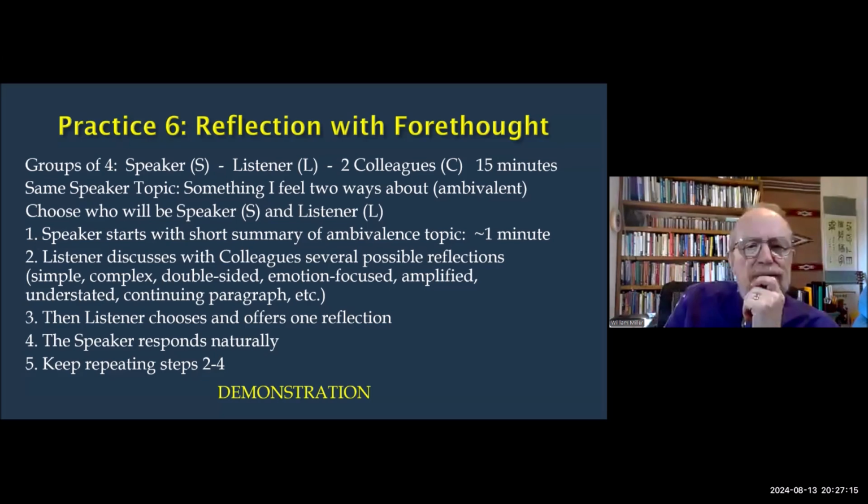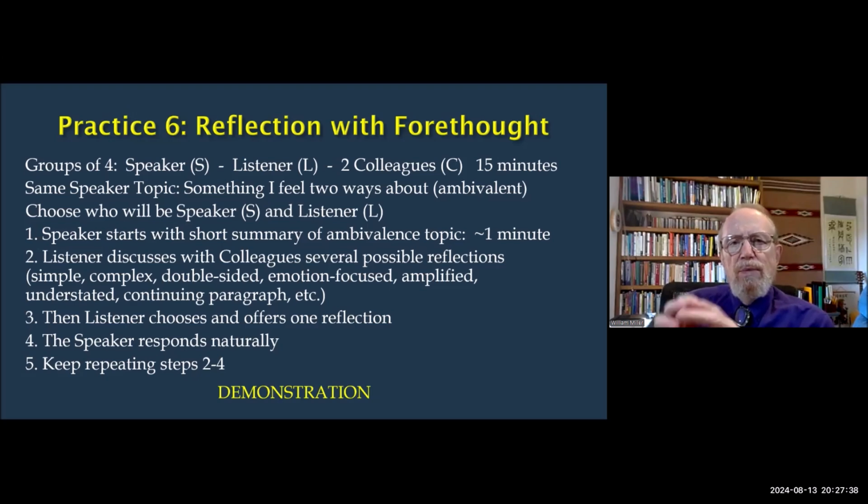What could we say next? What might be a simple reflection? Just repeating. What might be a more complex reflection? Did we hear 2 sides, and could we offer a double reflection? And what would that look like? There seemed to be a feeling underneath it, and could we reflect the feeling?